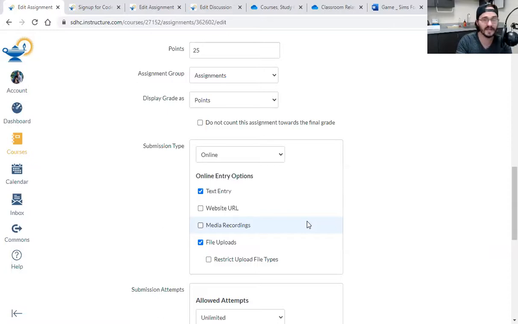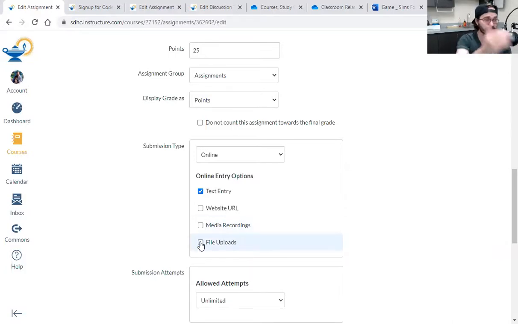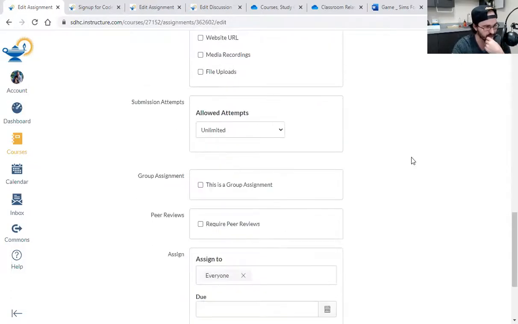You could say, all right, and if you don't want to type it because you're an ELL learner, maybe I want you to have the option to record yourself talking about it. Then you can also do things like media recording. If they were to record themselves on their phone because they're maybe not proficient in typing, maybe they just have a cell phone and they can't type up a whole essay on it. There are so many options for you to do for online entry. For me, for just this, text entry.